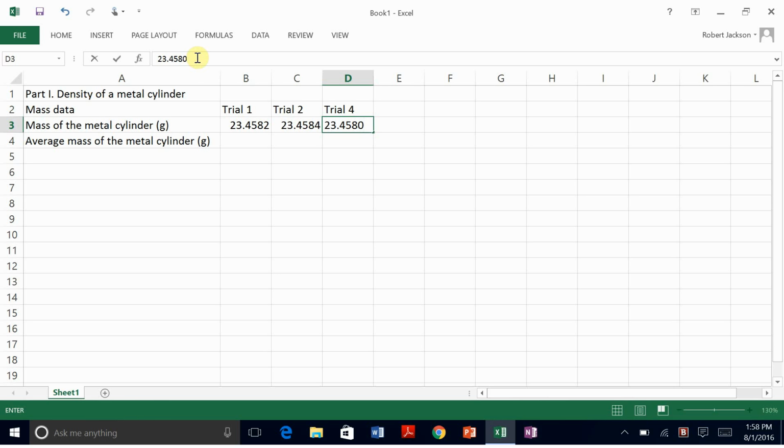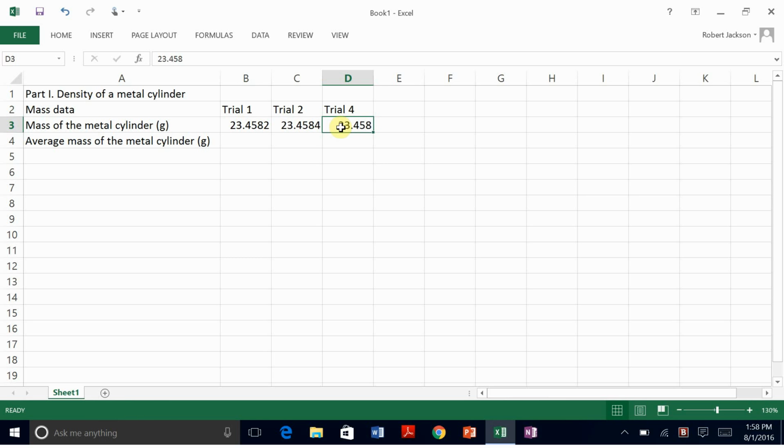And this is where you'll run into another default issue with Excel. Like your calculator and many other numerical programs, Excel is going to assume that you really didn't mean to put that trailing zero in, and it will take it away. So we're going to have to change that by telling Excel that this number needs to have 4 decimal